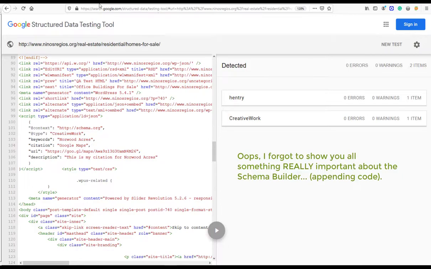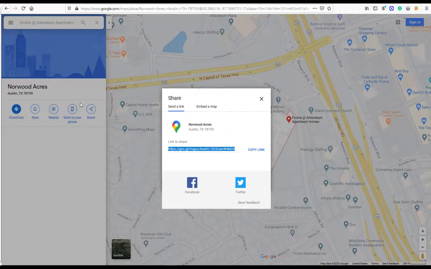Because what I did is I did not amend. I wanted to show you that really important point. When you're adding additional schema, you want to make sure that you amend. And so